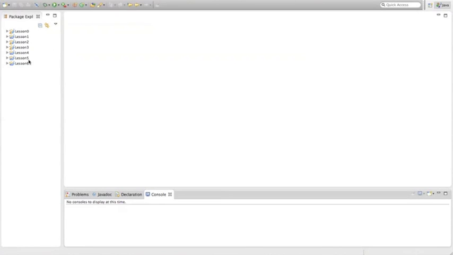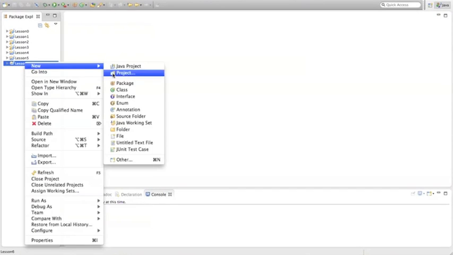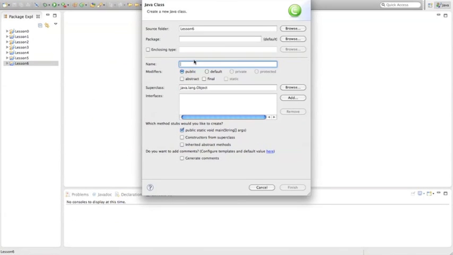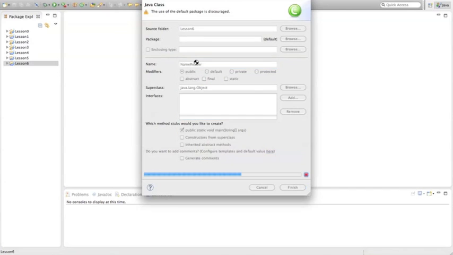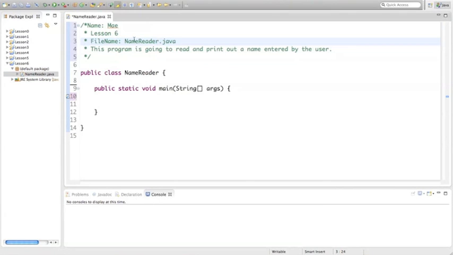In this video, I'm just going to introduce you to the Scanner class. So let's make a new class and let's name it NameReader. Go ahead and type in your name. This is lesson 6. The file name is NameReader.java. And what we're going to do, this program is going to read and print out a name entered by the